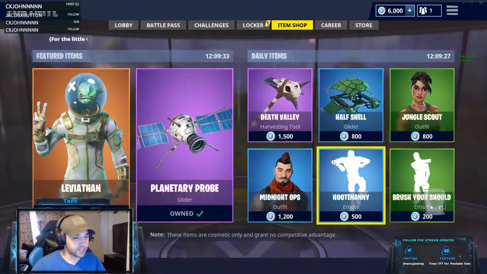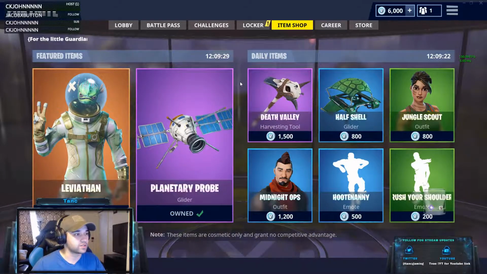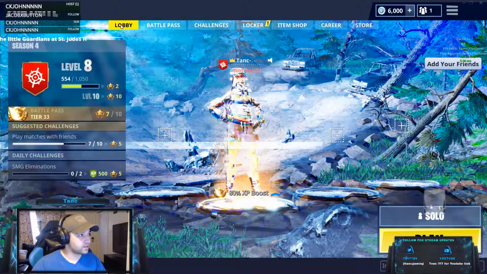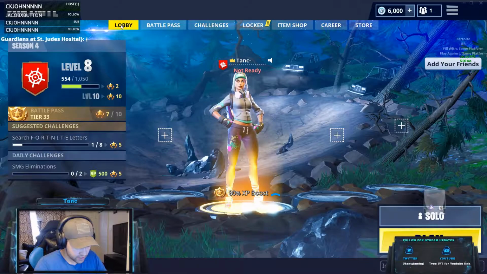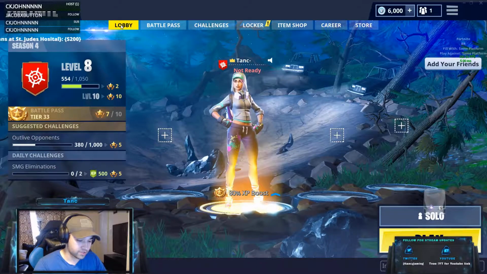Item shop has not changed. Well, I mean, they updated it, but it hasn't changed in relation to season 4. It's still the old stuff. And yeah, so far that's what's new in this. Now, some other things that have changed that I'm going to pull up right now that are a bit interesting